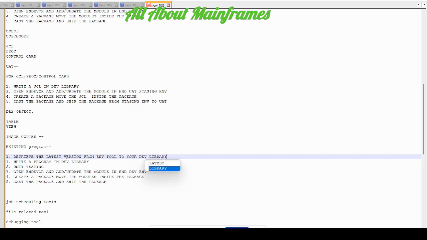For an existing program, you have to take the latest version from the Endevor tool, which is running in production. Whichever is running in production, on top of that only we have to do the changes, right? Otherwise, if you do the change on some previous version, something will be missed out definitely. So we have to retrieve the latest version from the Endevor tool to the dev environment,